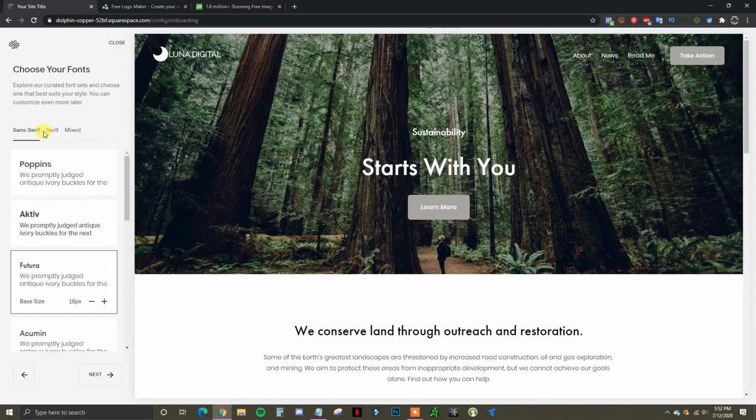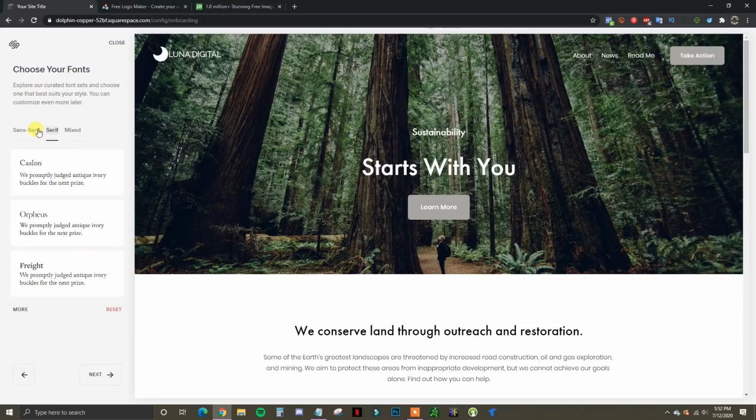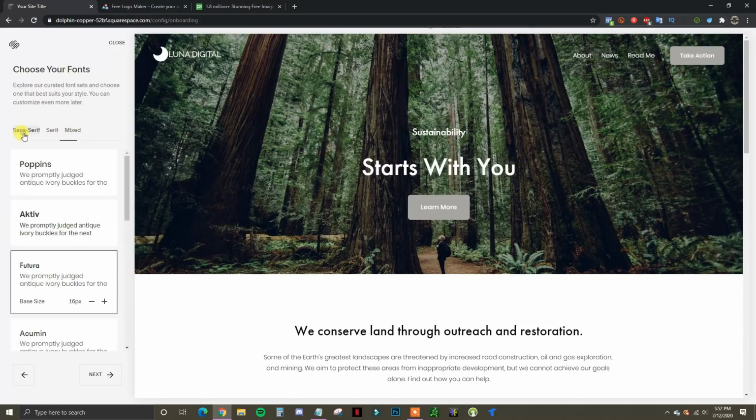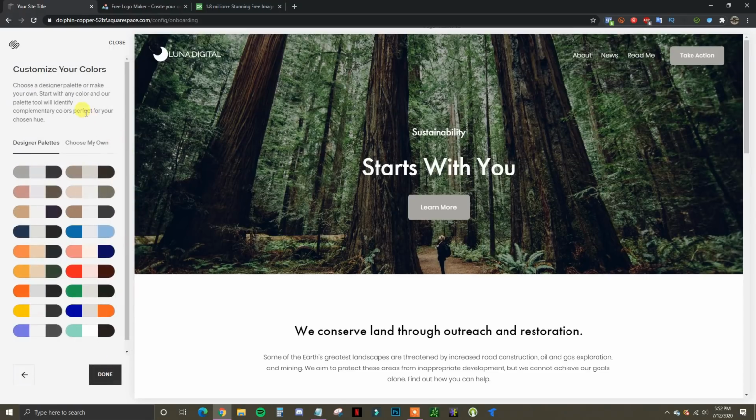And if we wanted to look through more different fonts, we could go through here by looking through the serif and through mixed. So just preview a bunch of these, see which font you think fits your branding the most, and use that. So in this case, I'm going to use the Futura. I'm going to click Next, and then now we can customize our colors by choosing